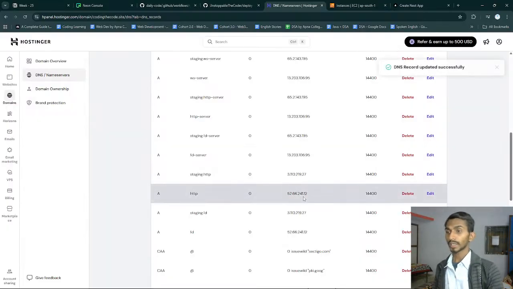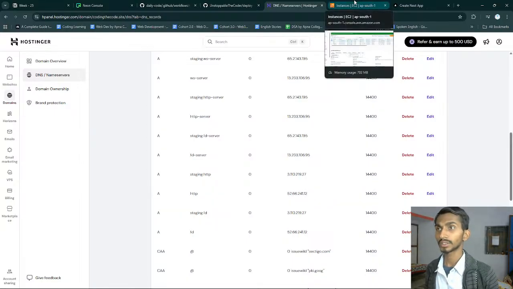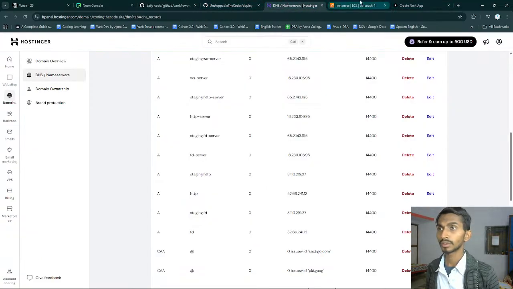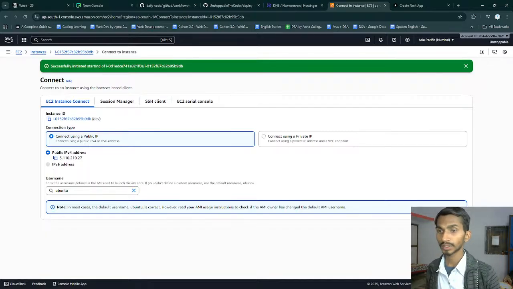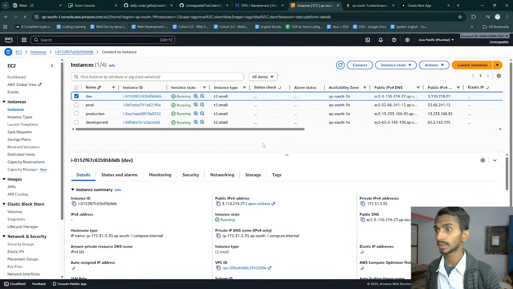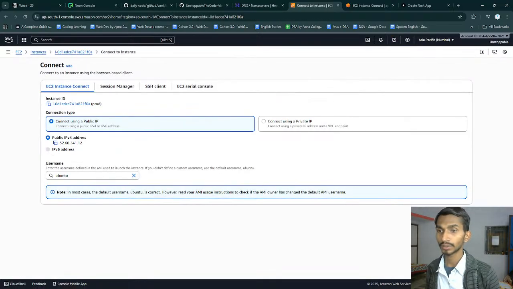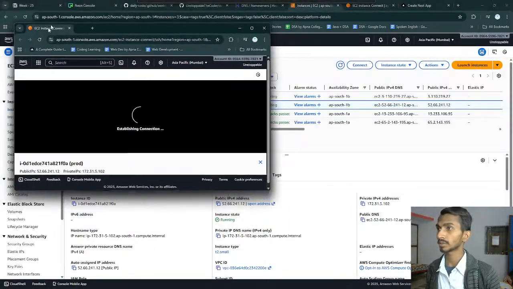Okay, so I have even worked on this particular thing. From here the request will be gone. I will have to start Nginx if I'm not wrong. Maybe, yeah. So let's do one thing. Let's go here. Let's start both of them directly here, and I will be getting the things done from here on. Let's connect it. Here we are, and then we have to start the production one. Connect it. So these are the 2 machines which are running.